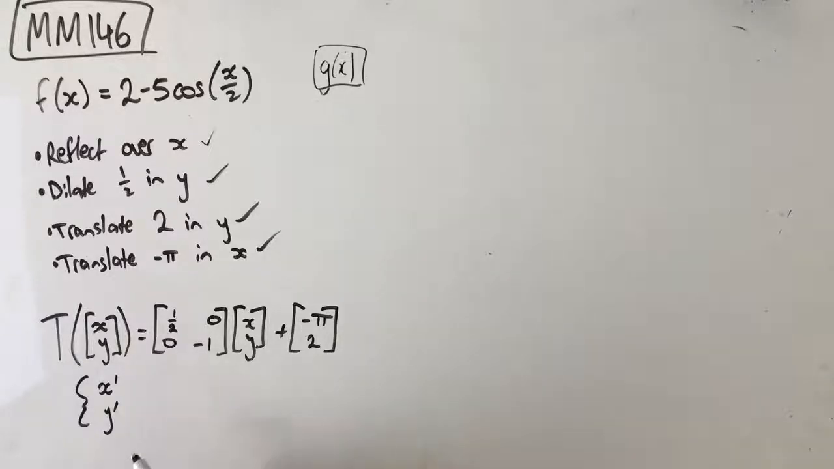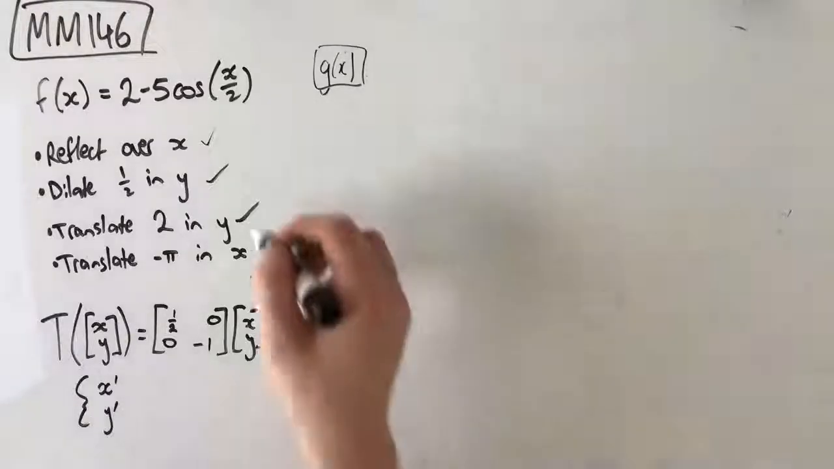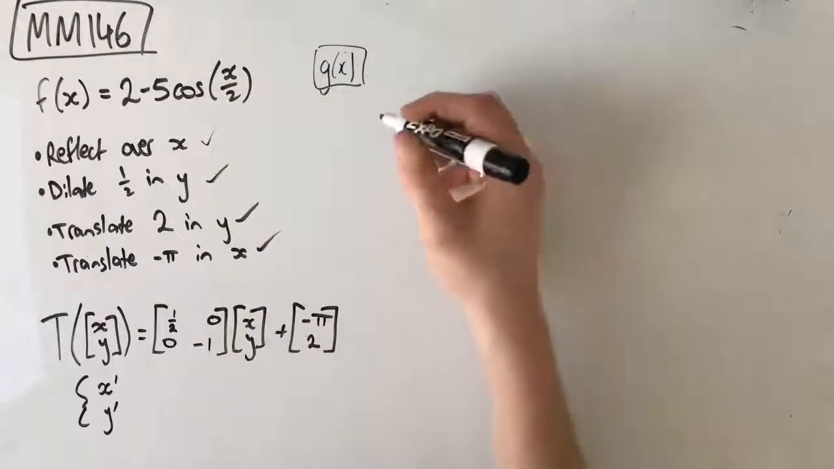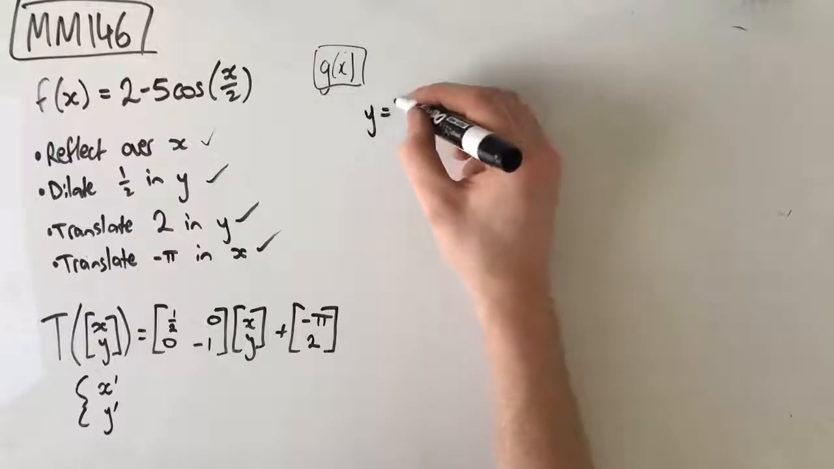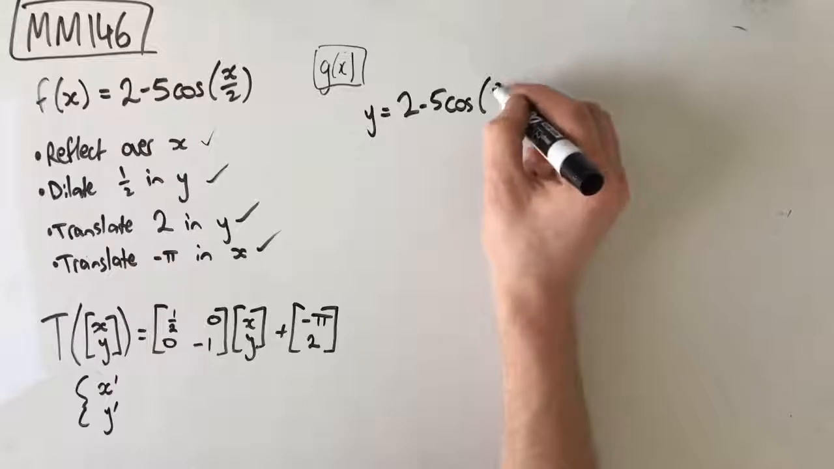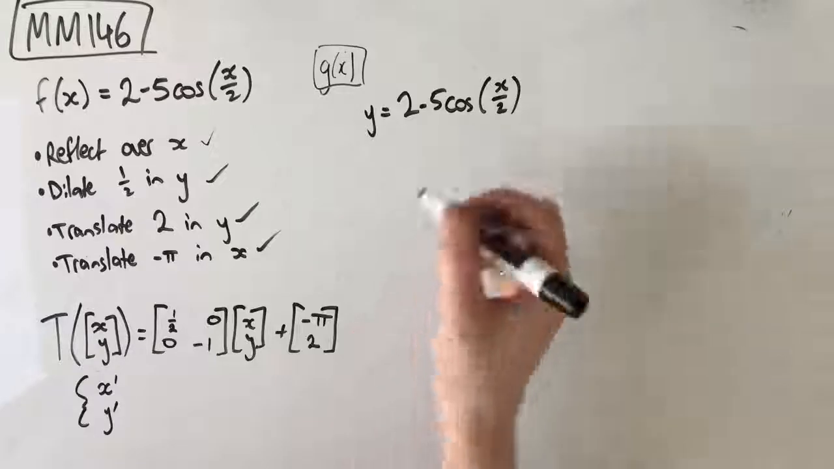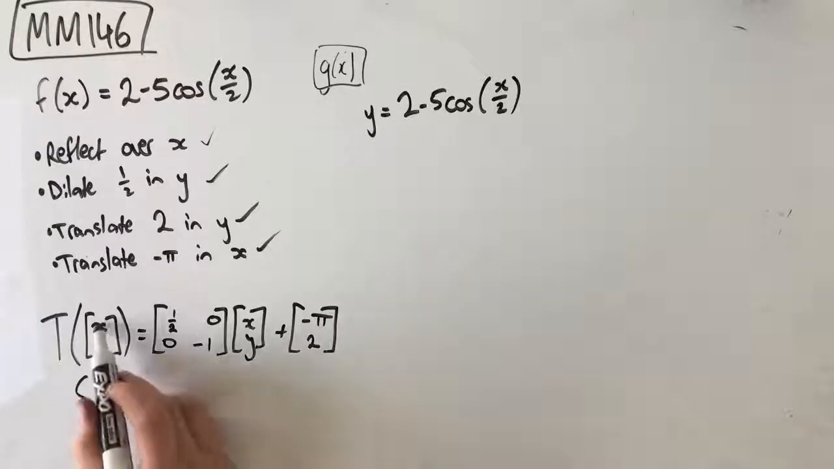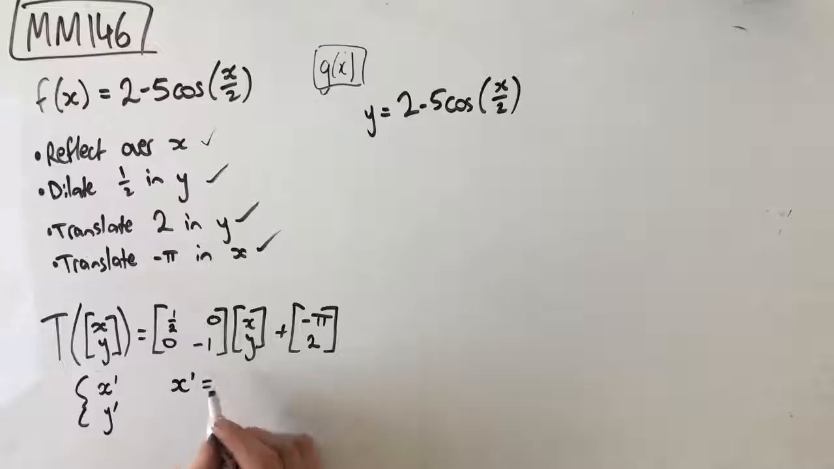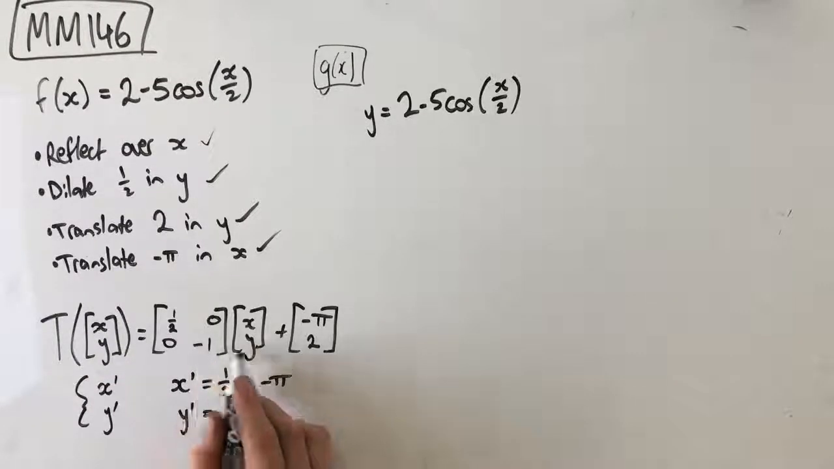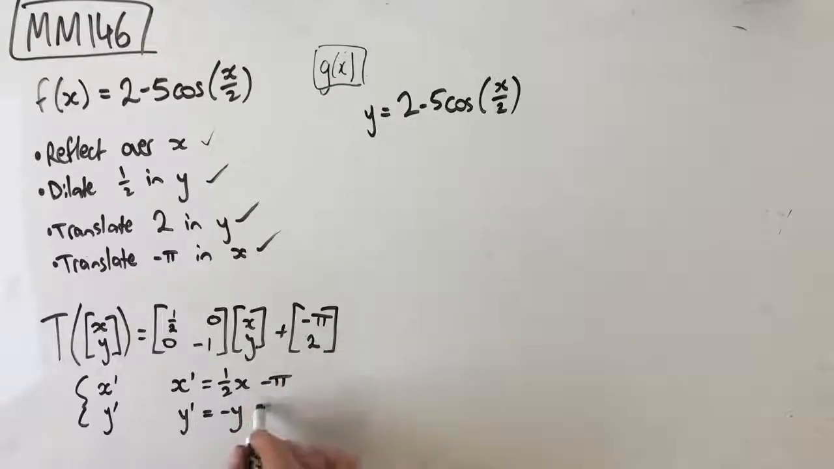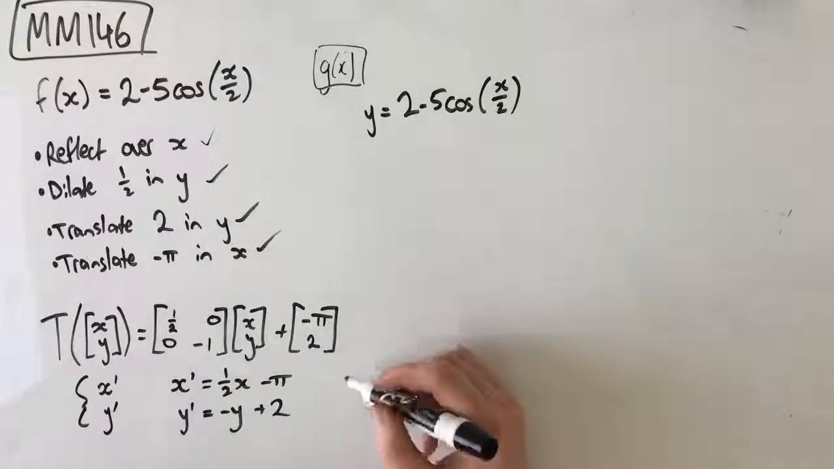So basically what we need to do is create our x dash and y dash functions and sub them into the original to find out what g of x is. So we're going to say that y is equal to 2 take 5 cos of x over 2. First of all, we need to find out what x dash and y dash are. Our transformed value of x is x dash, and this is equal to 1/2 x minus pi. Our y dash is equal to negative 1y, or just negative y, plus 2,